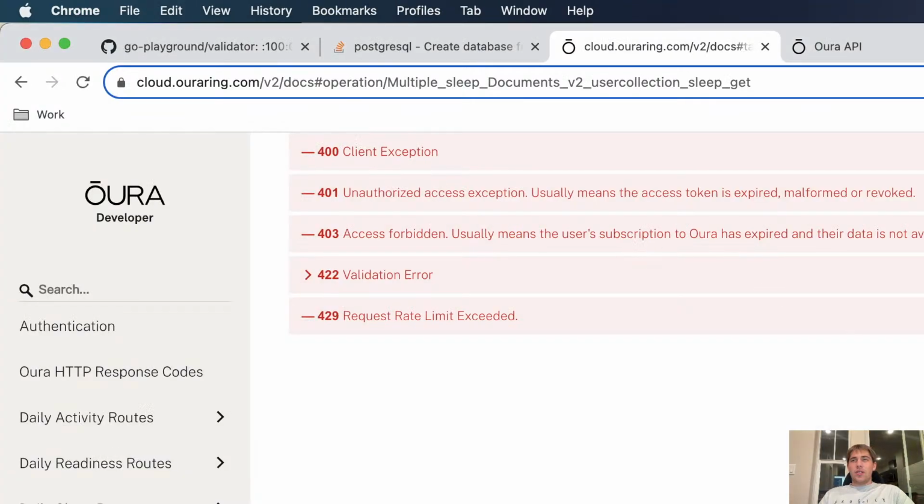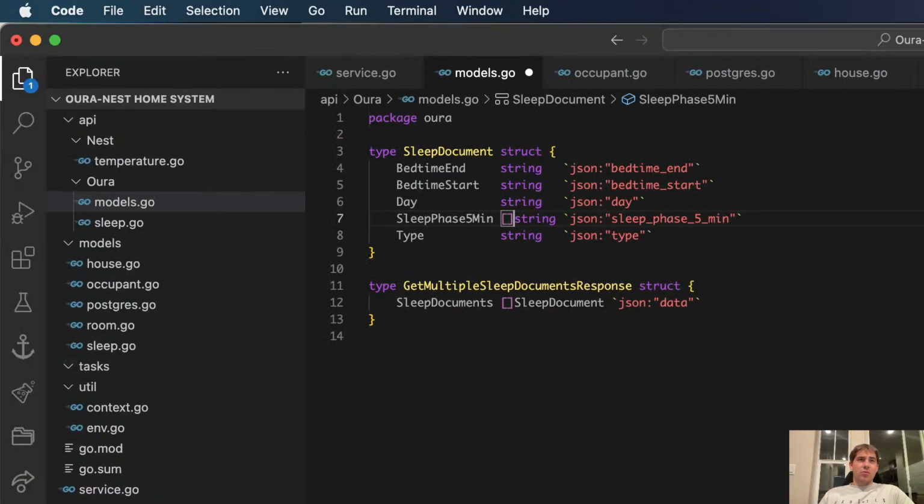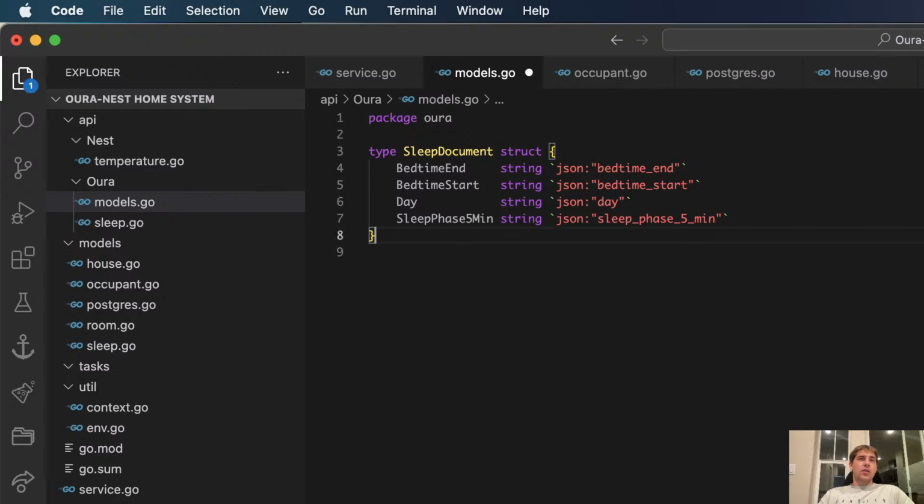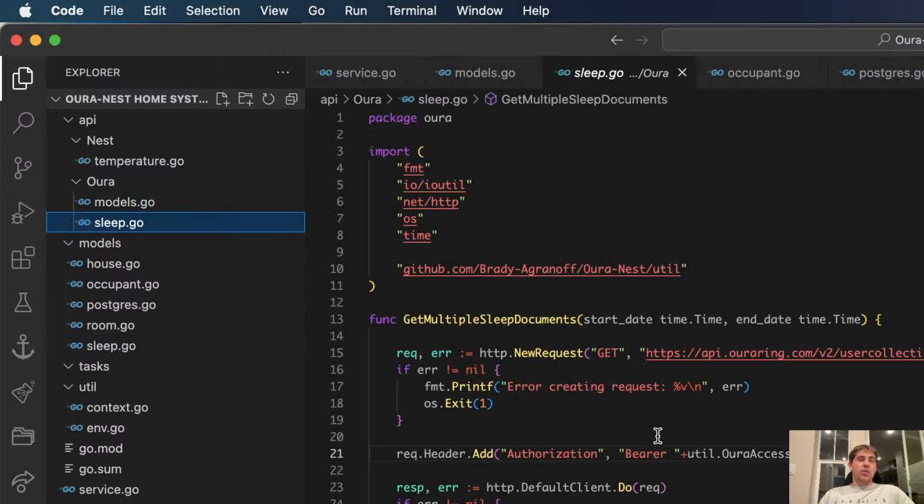It shouldn't be an array of string. It should just be a string. Type, I don't need type. It's just these four. Let's see, get multiple sleep documents response. Actually, I don't need this. For now, I'll handle this in the actual function.